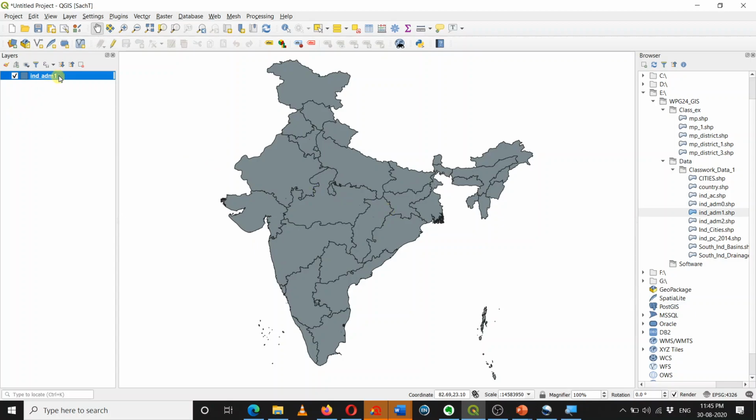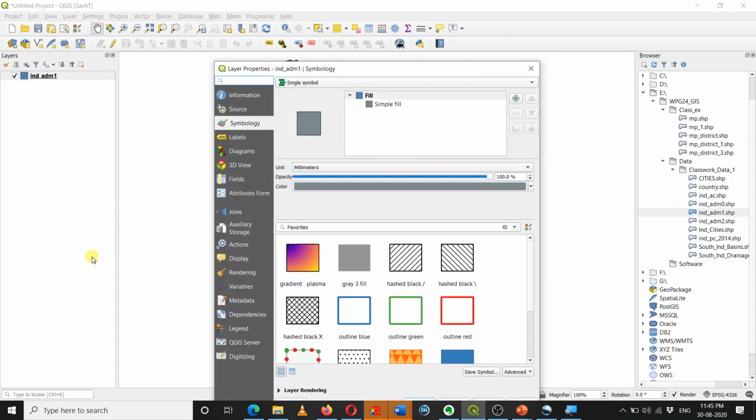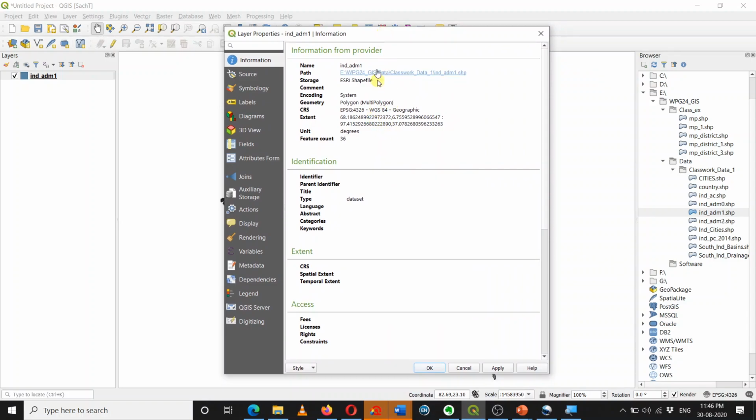And how can I see it? Just right click on the layer, go to the properties. Here you can see this metadata information. So here you see some basic information about the layer. So it first includes the layer name, then it is a path where this layer is located, then this type of the file or file format. So I know this file format is an ESRI shape file. Then it gives me details about the geometry. So it's a shape file, so it's a vector data model and it has a geometry of polygon.